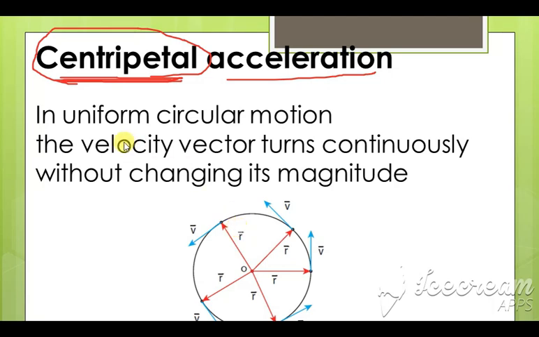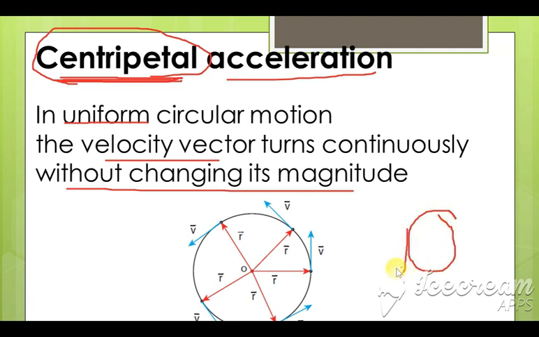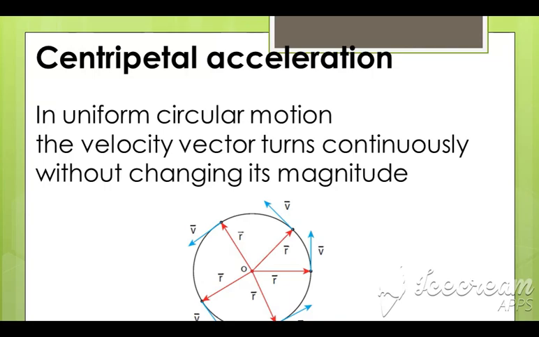Okay, so let us consider the velocity in uniform circular motion. The velocity keeps on changing, with the radius, without changing its magnitude. So what is happening here is there is a change in the velocity. So this is how the velocity moves. These are all the velocities, but the acceleration is acting towards the center. These are all the values of acceleration. So acceleration will be acting towards the center. That is what you will be seeing in the next one.